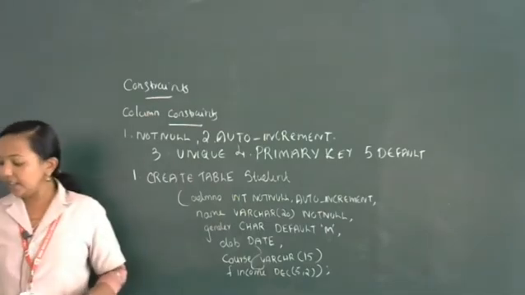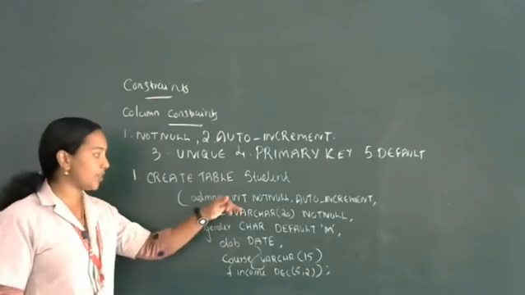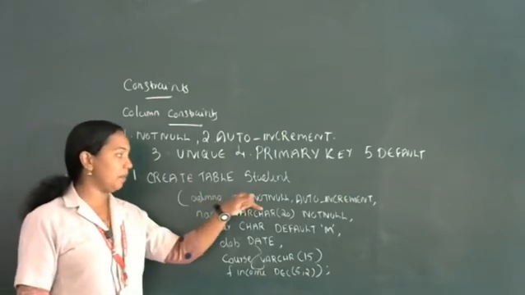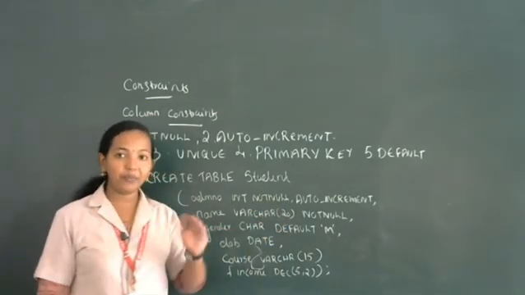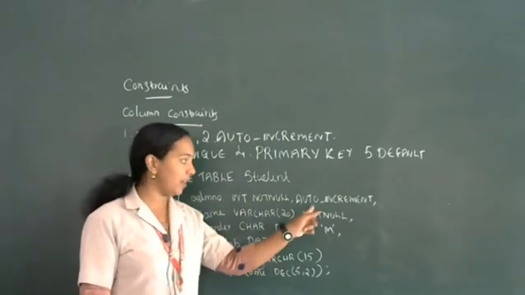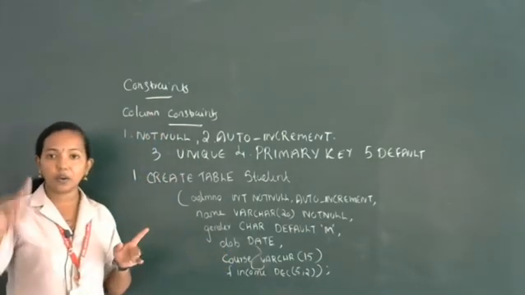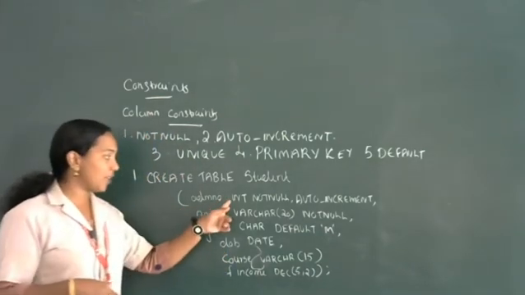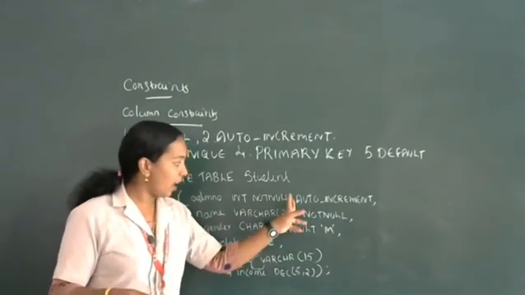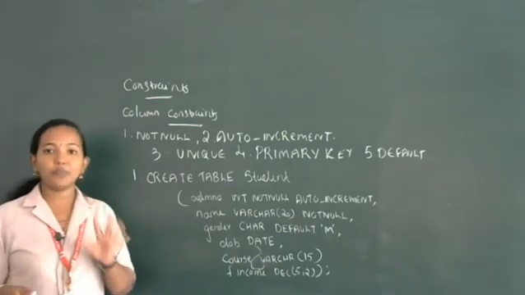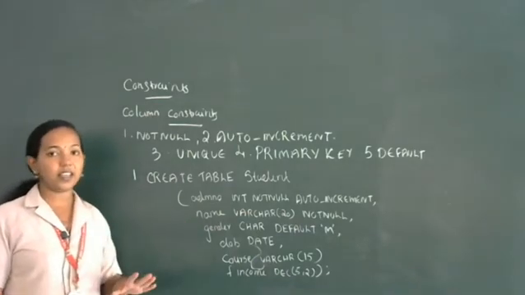Okay, so in this example, I inserted all the column constraints. What is the first column constraint? Admission number int. It will not be empty. That's why not null. So every row, one value is incrementing. That's why auto increment. Once the column definition is over, use a comma. After admission number and int, there is no comma present. After the end of the column description, we are using a comma. Then after that, we are starting the second column definition.